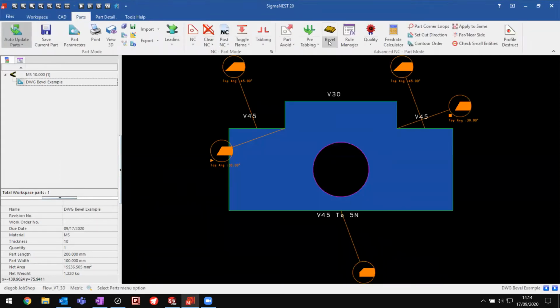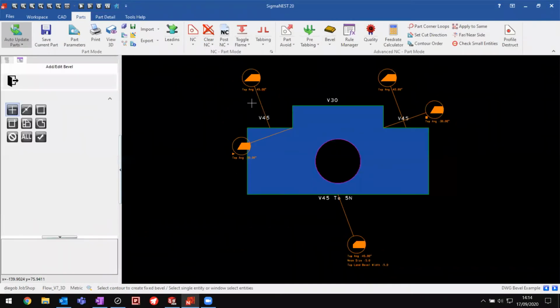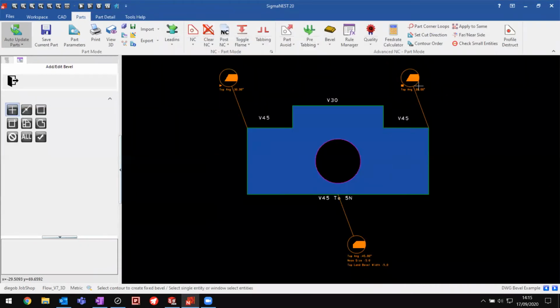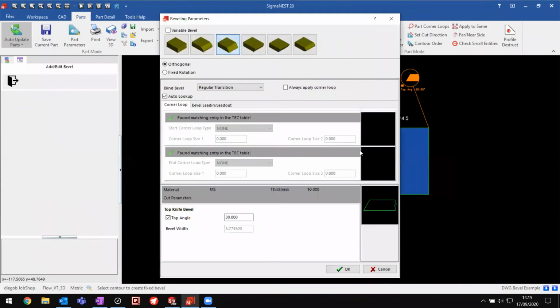and I can use the bevel commands to, for instance, either change the existing bevels or add new ones. So let's look at an example. I will select all these edges, and I will change all of them to, let's say, a bevel 30. Additionally, I will use the same feature to set a new bevel property on this hole. Let's make it a Y positive bevel,